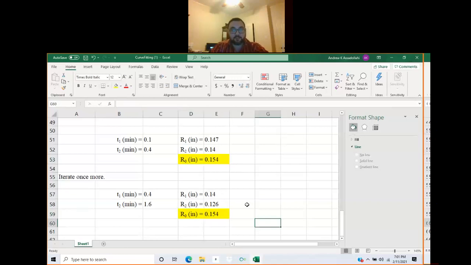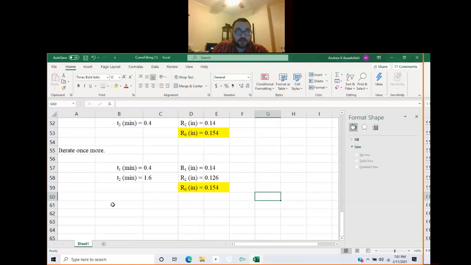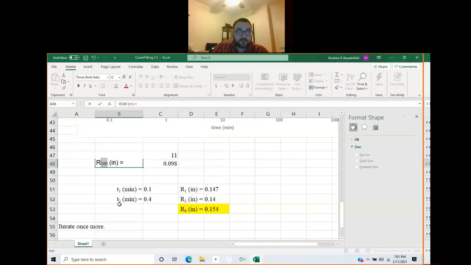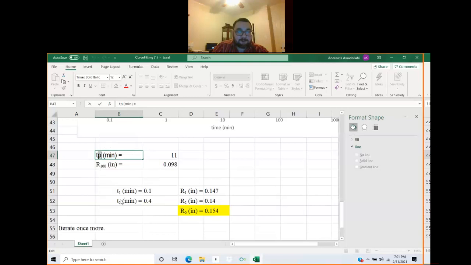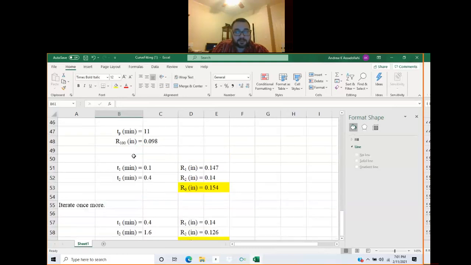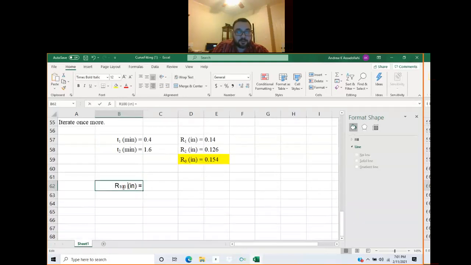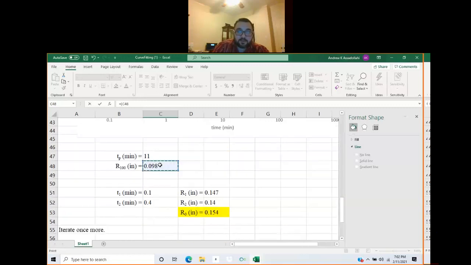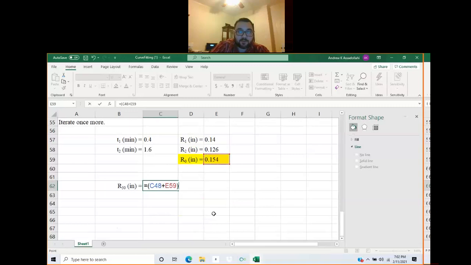Okay. Now we need to compute R50. I'm going to go ahead and do some formatting here to make my cells look nice and professional with subscripts. There we go. Okay. Now we need R50. So how do we calculate R50? Well, we're just going to calculate the average between R naught and R100. So we're going to say equals R100 plus R naught divided by 2,